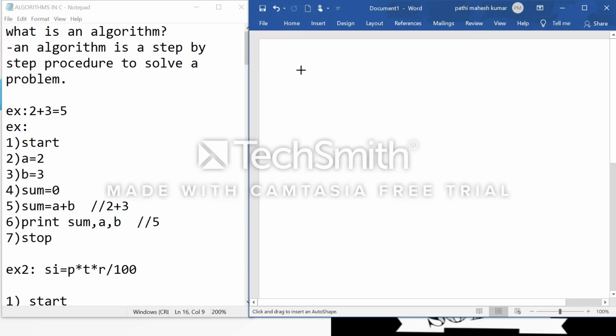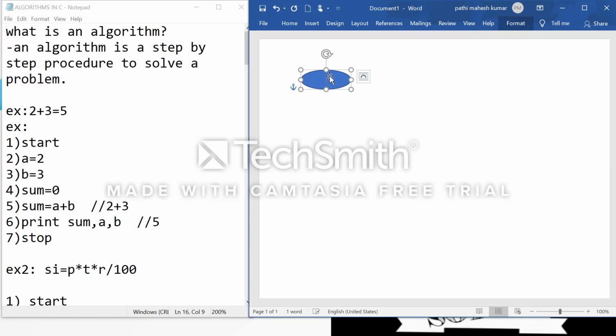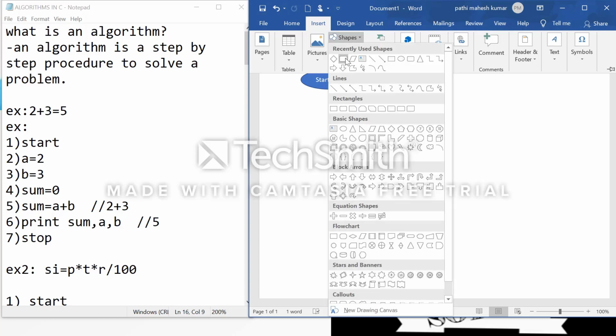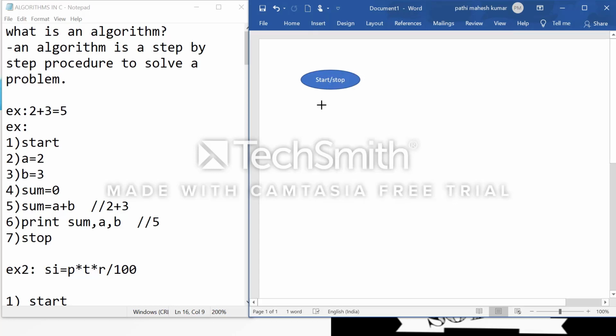Okay. So, firstly, what is this shape? This shape is nothing but an oval, and in a flowchart we use it to indicate start or stop conditions. Okay, and another one, this shape is used to give an input or output.